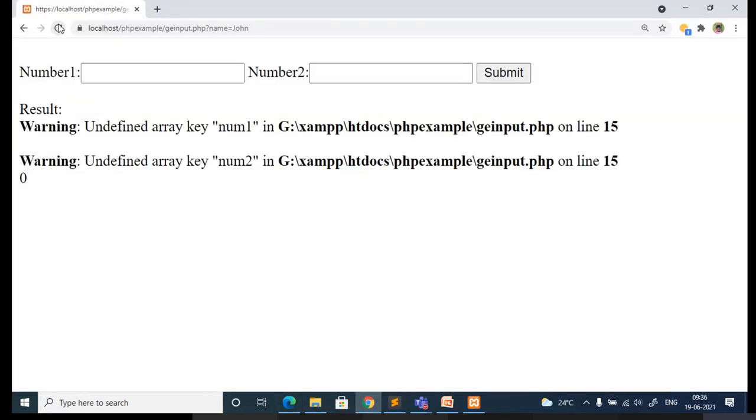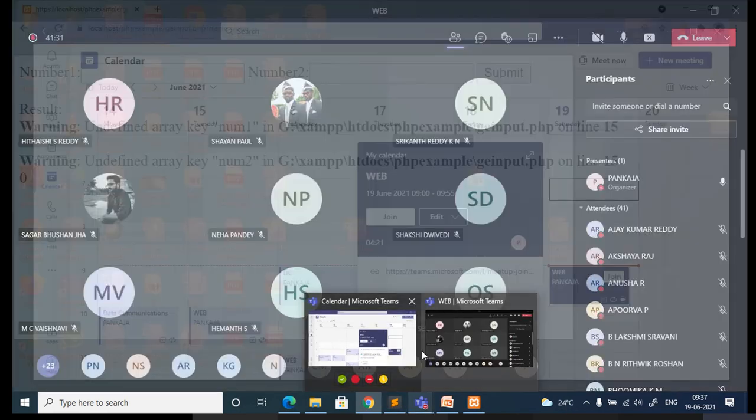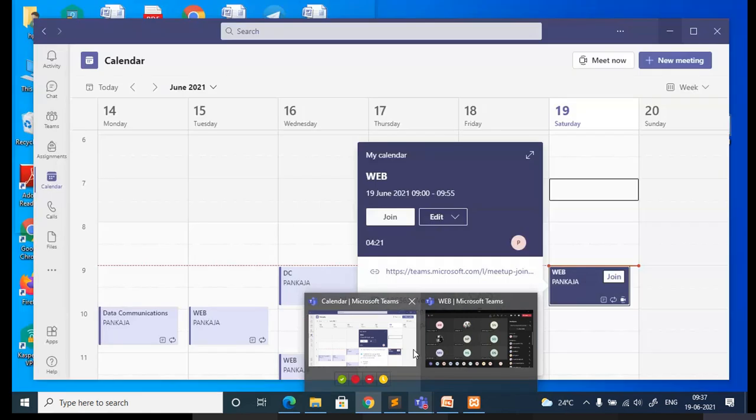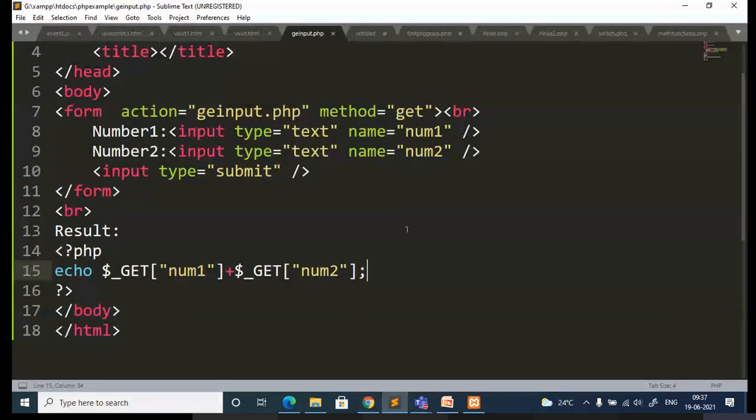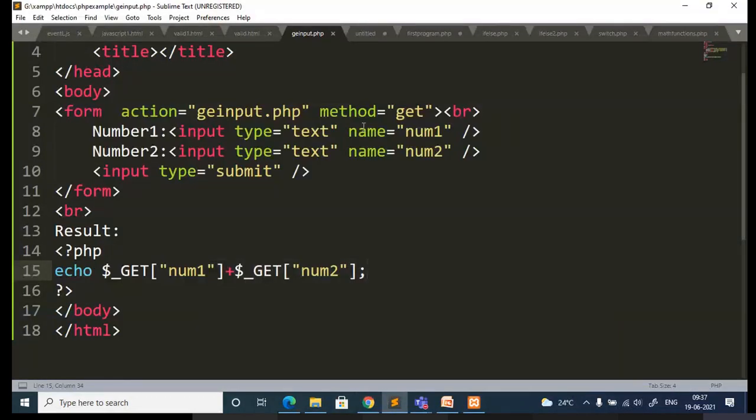Okay, so I'm getting a warning. Actually, the result is also coming, but let me clear this here. The warning is in line 14, saying something is not defined.